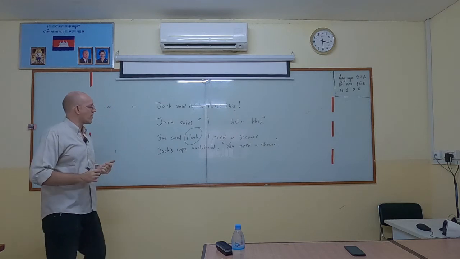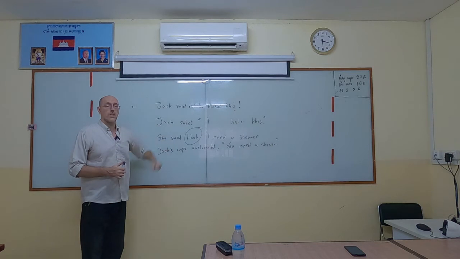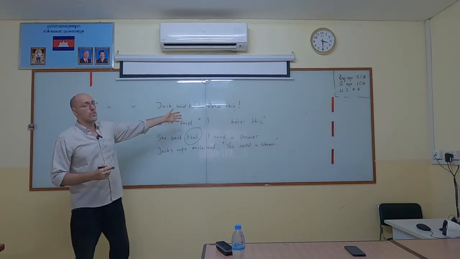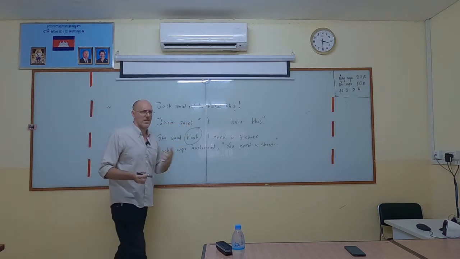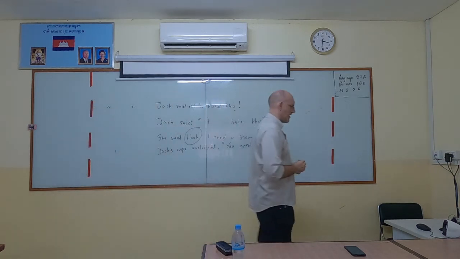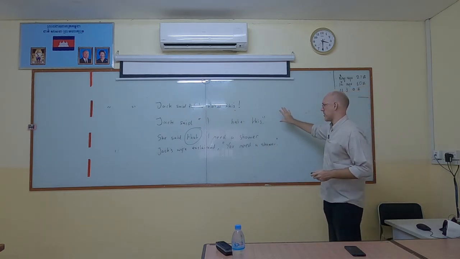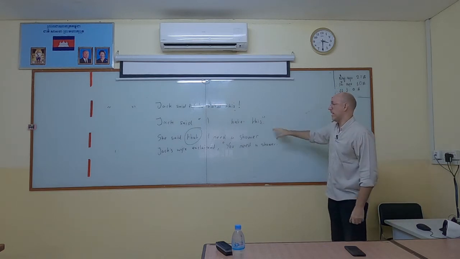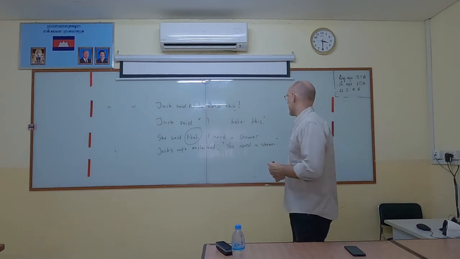The only other thing I would think they might do is give you a sentence like this and ask you, is it direct or indirect? And you just choose A or B. In which case, if it's got quotes, it's direct. And that's an absolute rule. There might be some exceptions I can't think of off the top of my head. But no, I think that's it. I think if it's got quotation marks, it's direct speech. Yeah, I can't think of any exceptions off the top of my head. Doesn't mean there aren't any, but I certainly can't think of any.